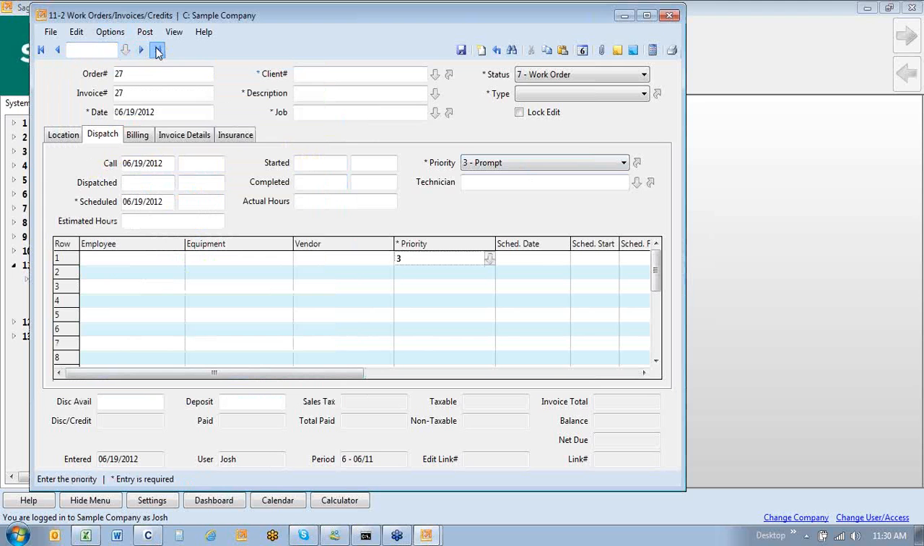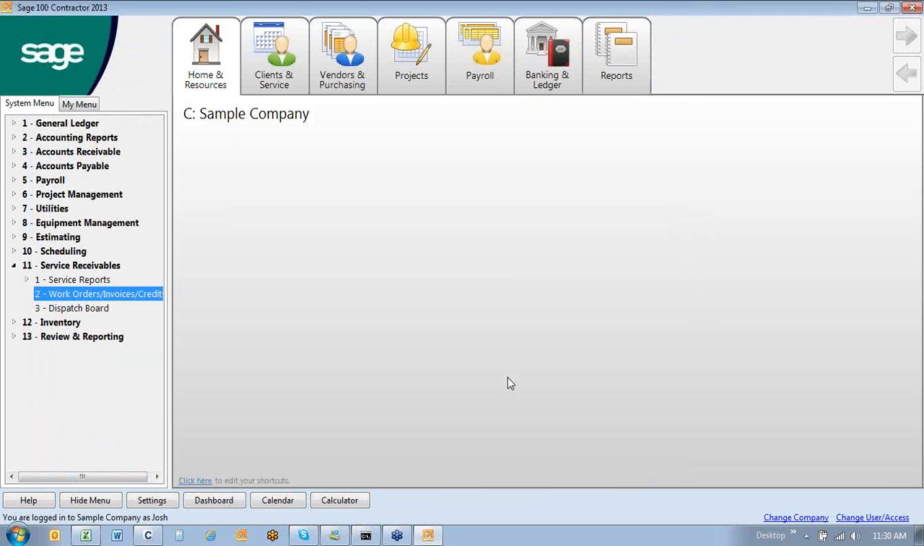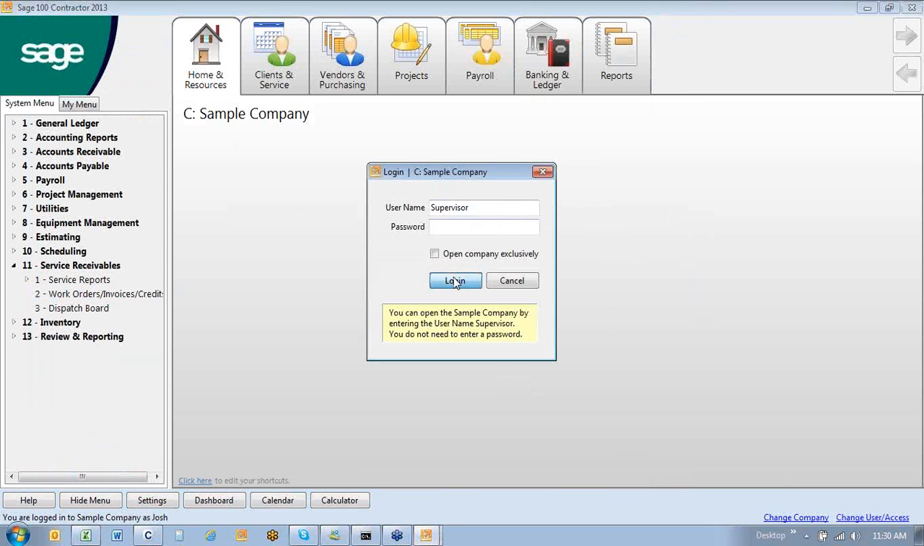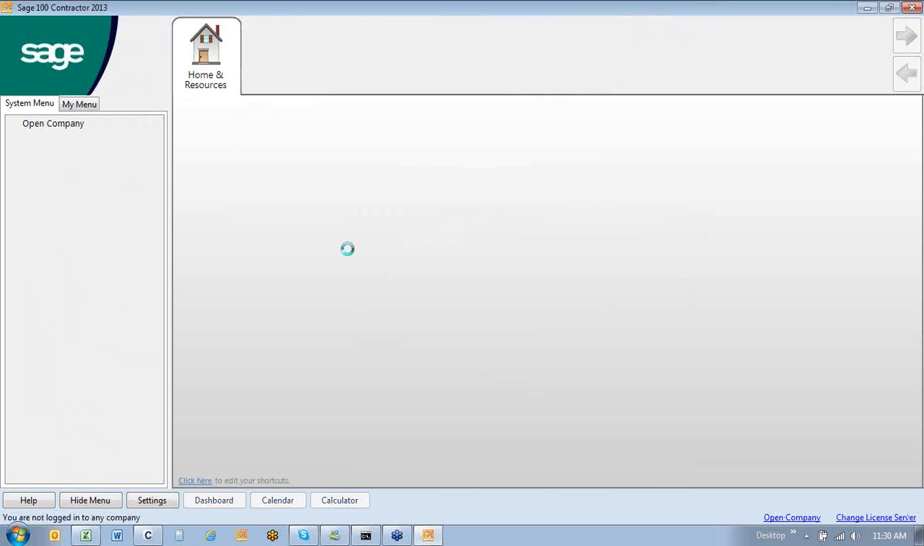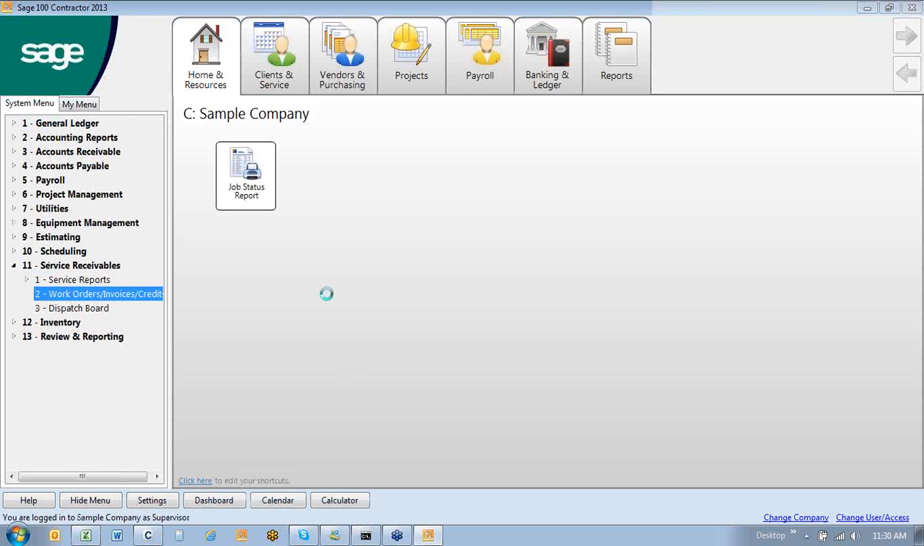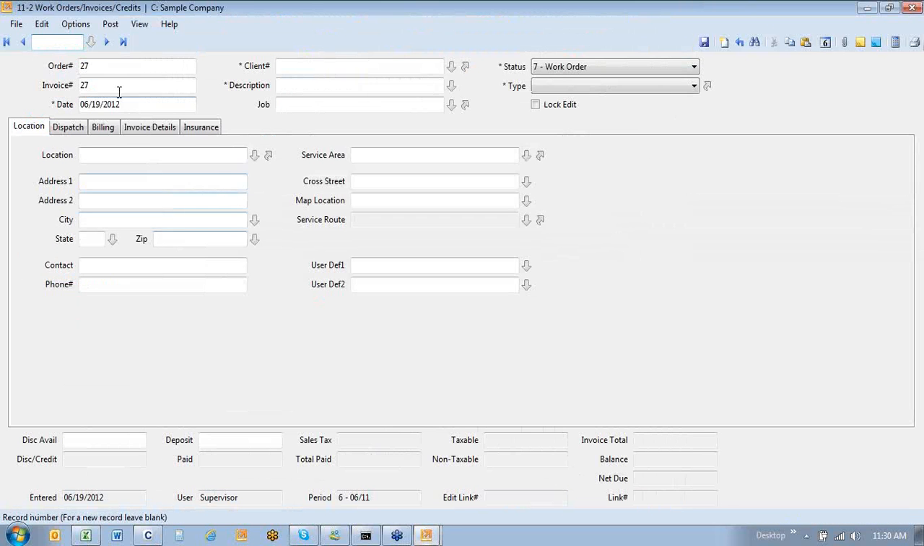I also have the option, and let's pull up, no records found, because I'm still logged in as Josh. Let me change my login back to supervisor. Sorry for the delay. Okay, now let's go back into service receivables, work orders, and now I can copy any